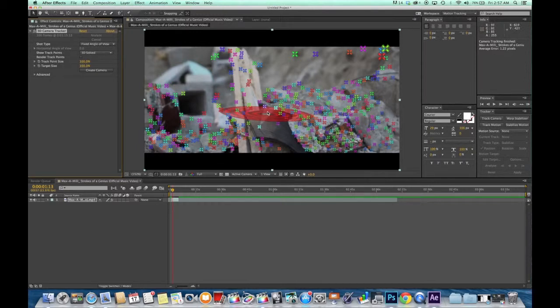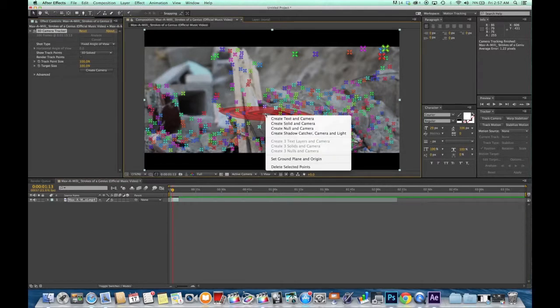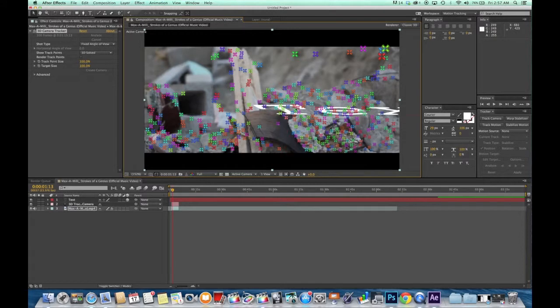What it's doing is using these points to triangulate a plane, and it's showing that with the red. So what you can do then is find your plane, right click, and just hit create text and camera. Your other options would help for tracking other items, but since there's already a text preset, we might as well use that one. Okay, so you get your text here,